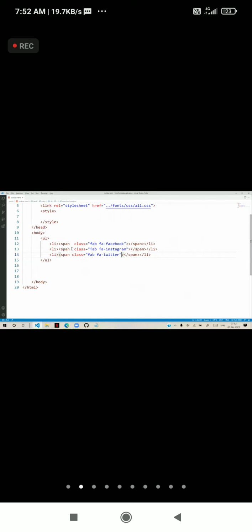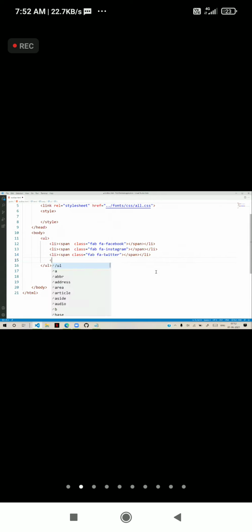And you can see these icons, these symbols are present. Suppose a list item, so span and class is equal to FAB and FA LinkedIn. Is there a symbol for LinkedIn? Yes, LinkedIn is there. We just use these symbols now. Now I want to keep this. So YouTube, so span and the class is equal to FAB and FA YouTube. So the YouTube symbol will come.